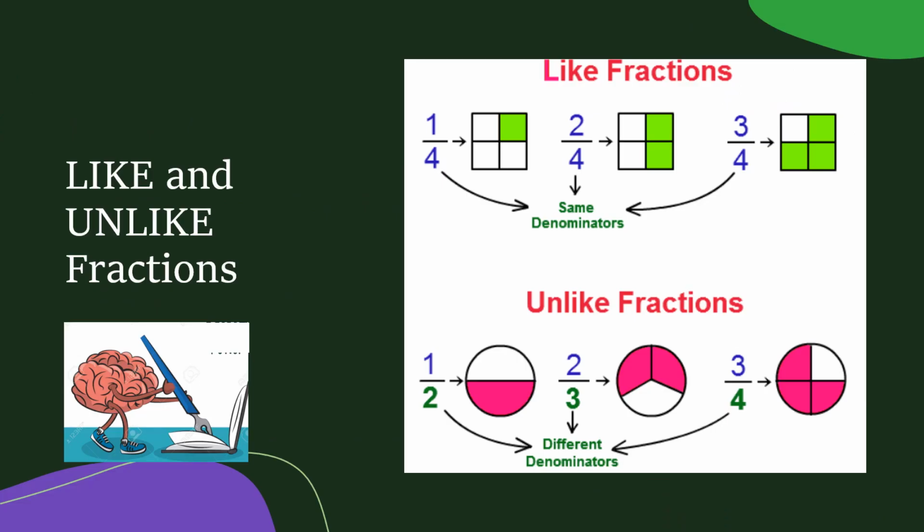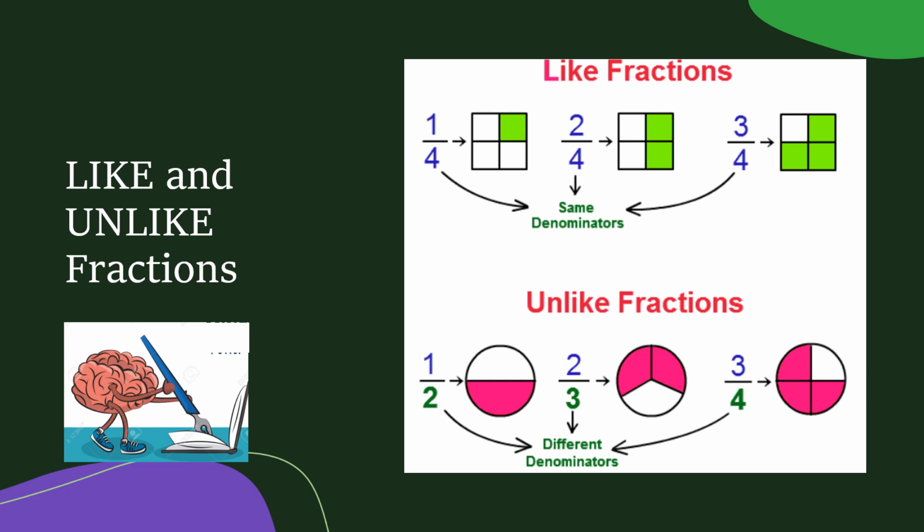If we look at the picture, this helps us to understand like and unlike fractions better. In the first picture, we have divided the square into 4 equal parts. The first one is 1 by 4. The second part, the part in green, there are 2 squares, so they make 2 by 4. And the third one, 3 by 4. We can see that all 3 fractions, 1 by 4, 2 by 4 and 3 by 4 have the same